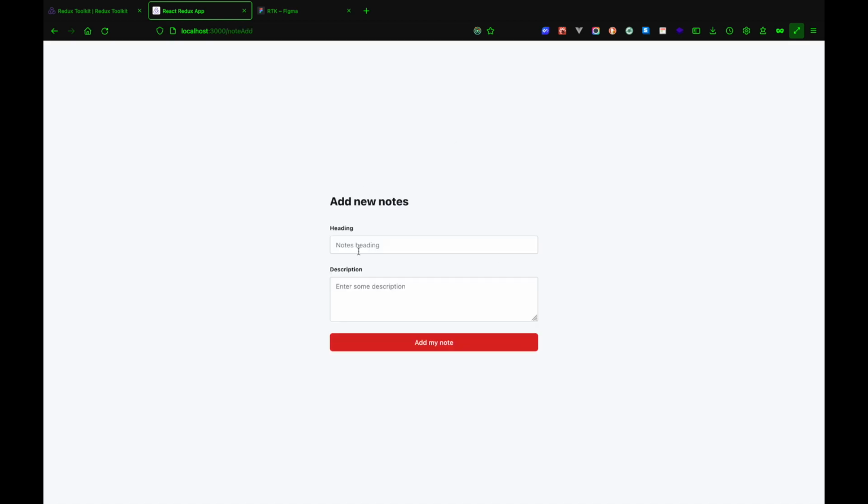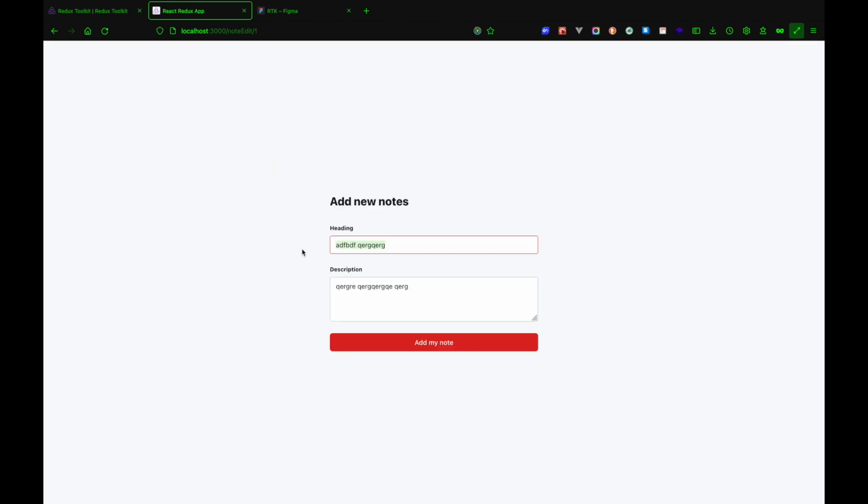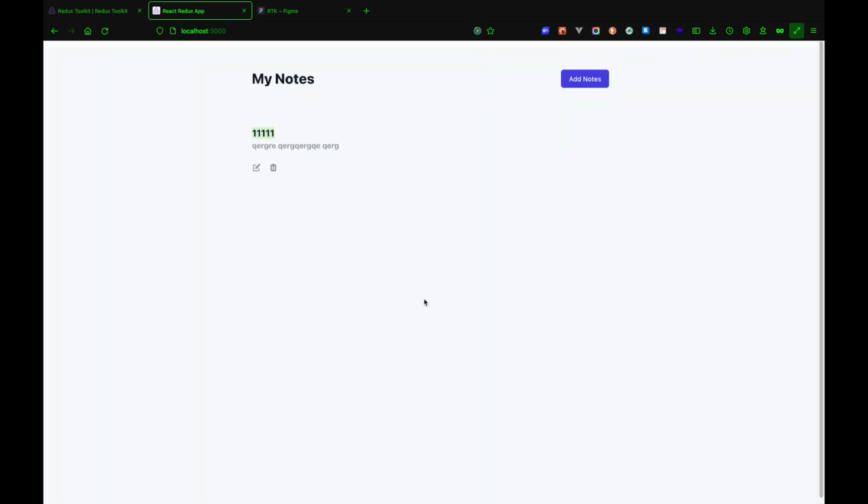So let's go ahead and add some notes. For the heading and description, I'll just add some gibberish right now. So add my notes, and we can see here our notes have been populated inside of our list. And I can further delete the note, but for now I'll just go ahead and edit this. I'll change this to 1111 and add a note, and as we can see here, our notes have been successfully